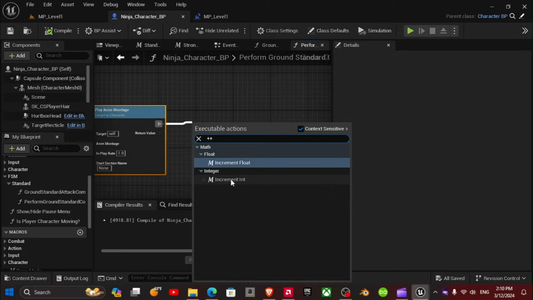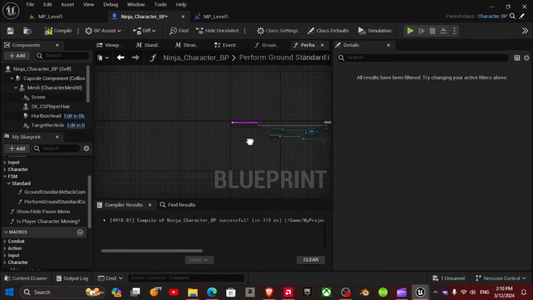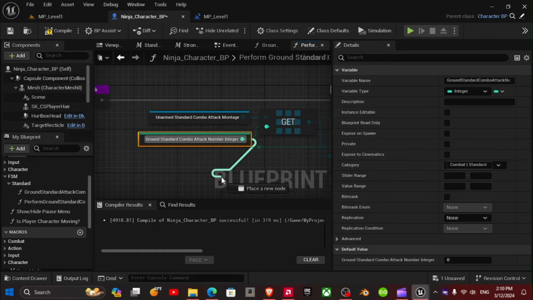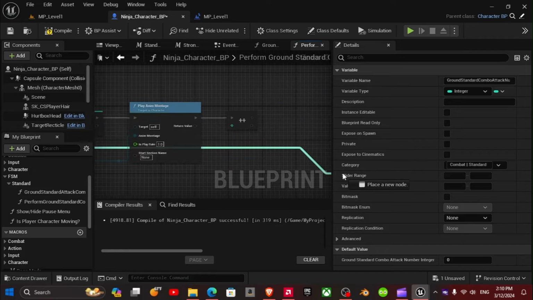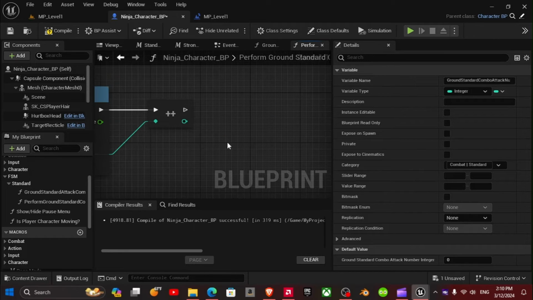I'll increment an integer, and the integer I'll be using is the ground standard combo integer.